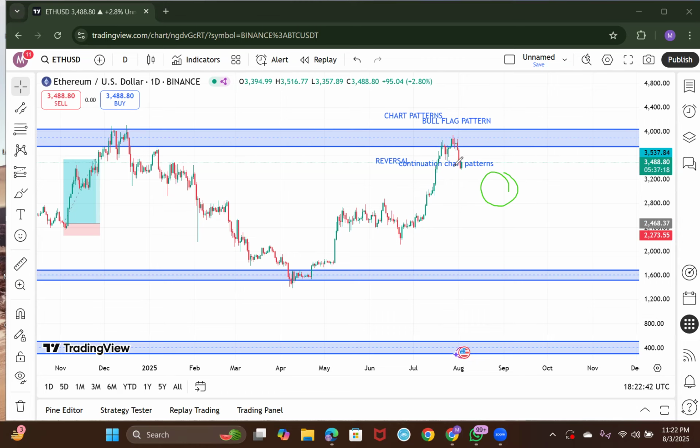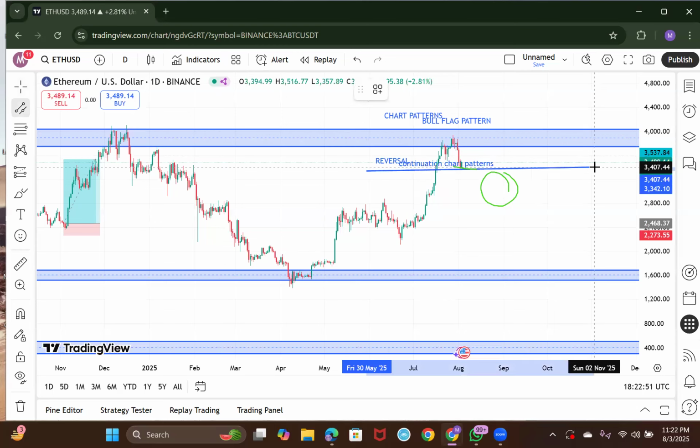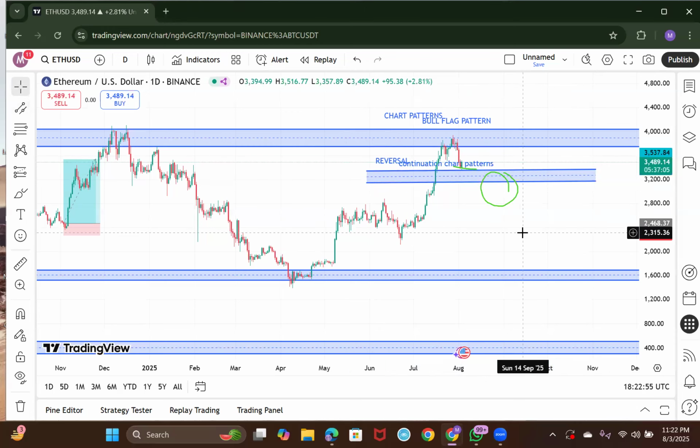As far as Ethereum is concerned over here, as you can see, there's actually a fair value gap that is left behind. So Ethereum will surely come down to fill up this fair value gap. All right, this candle, I will mark it and you will see it. Look at this, a fair value gap right here. This candle has nothing,